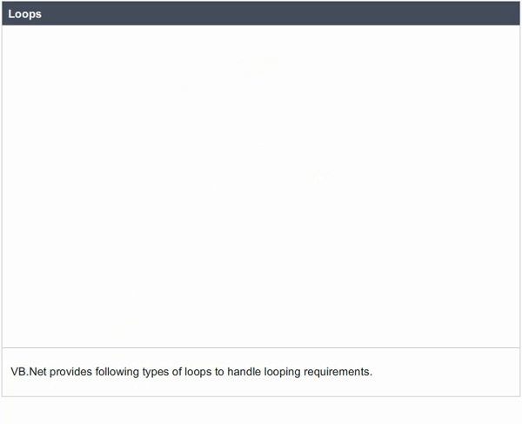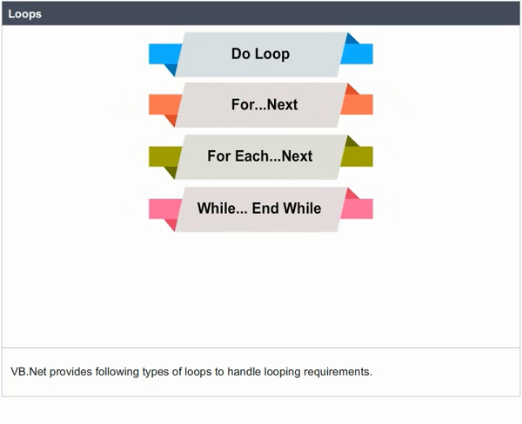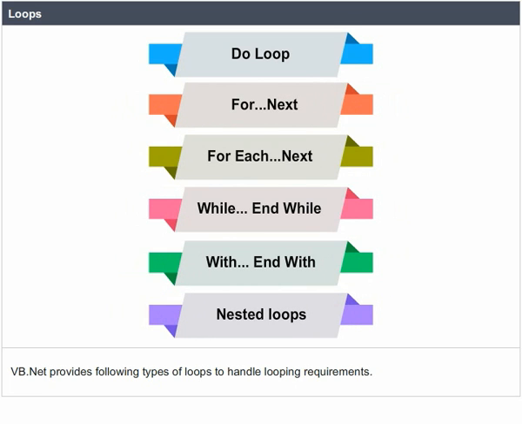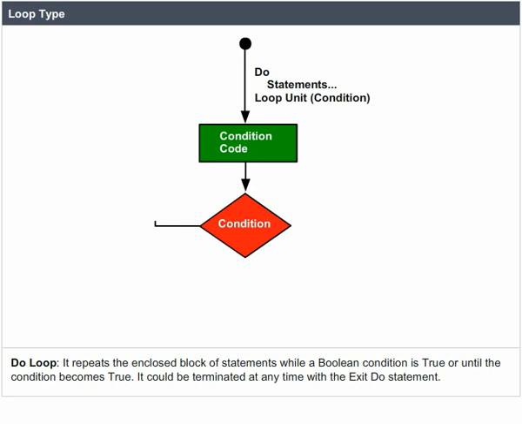VB.NET provides the following types of loops to handle looping requirements: Do loop, For next, For each next, While end while, With end with, Nested loops. Loop type, Do loop. It repeats the enclosed block of statements while a Boolean condition is true or until the condition becomes true. It could be terminated at any time with the Exit Do statement. The syntax for this loop construct is